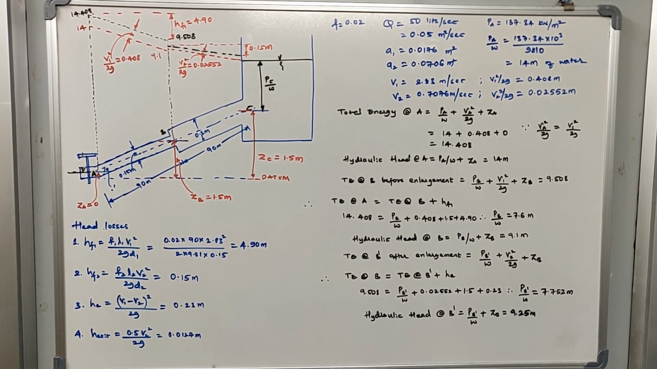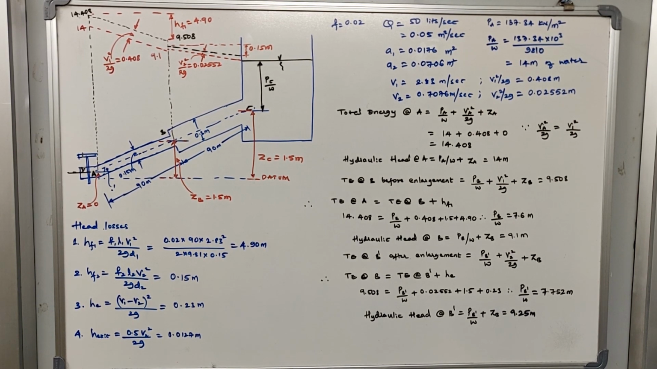A pipeline ABC 180 meter long is laid on an upward slope of 1 in 60. The length of the portion AB is 90 meter and its diameter is 0.15 meter. At B, the pipe section suddenly enlarges to 0.3 meter diameter and remains so for the remainder of its length BC, 90 meter. A flow of 50 liters per second is pumped into the pipe at its lower end A